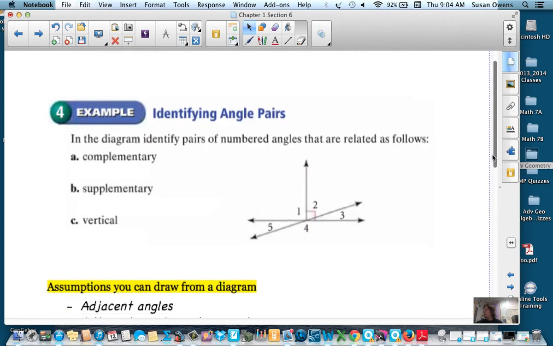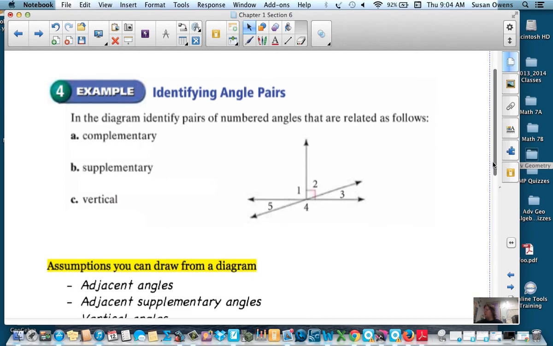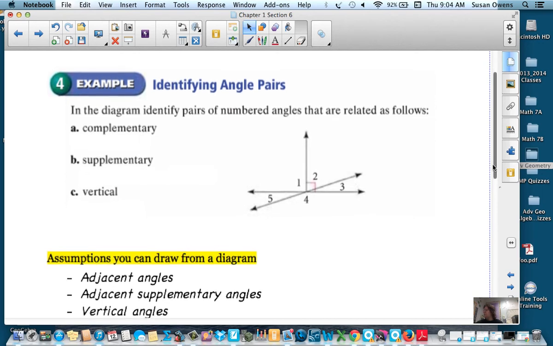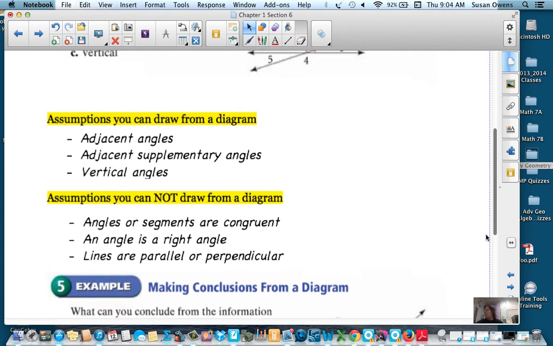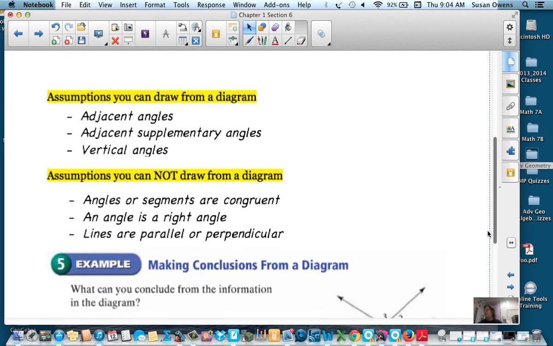So we'll do this in class, just identifying some complementary, supplementary, and vertical angles. The last part has assumptions you can make from a diagram and assumptions you cannot make from a diagram. You are allowed to assume from a diagram that you have adjacent angles. So, for example, if I draw two angles,